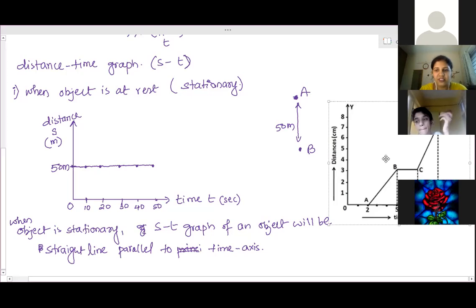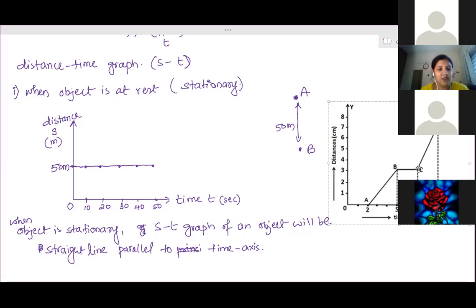Now this is a distance-time graph. In this one, you can see that from 2 seconds, for the next 3 seconds, the object is moving, changing its distance. But as soon as it reaches 5 seconds, till 7 seconds, the object is not moving. That's the reason we got the graph parallel to the x-axis. So from a distance-time graph, you will get to know when the object is at rest: if the line is parallel to the x-axis, you will know what the object is doing at that time.